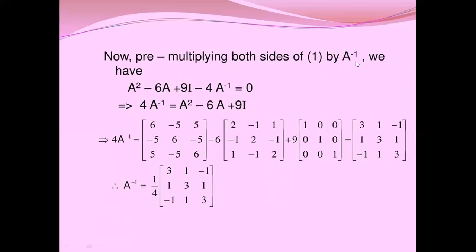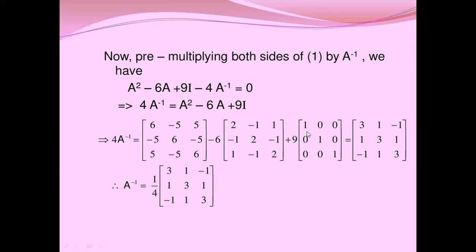After multiplying both sides by A inverse, we get 4A inverse equal to A square minus 6A plus 9I. We just took the 4A inverse to the right side and the rest is on the left side. So after getting 4A inverse, we just have to find